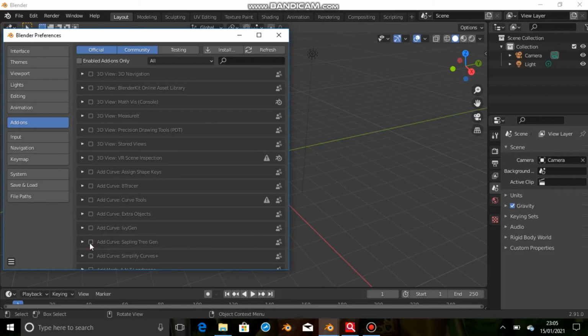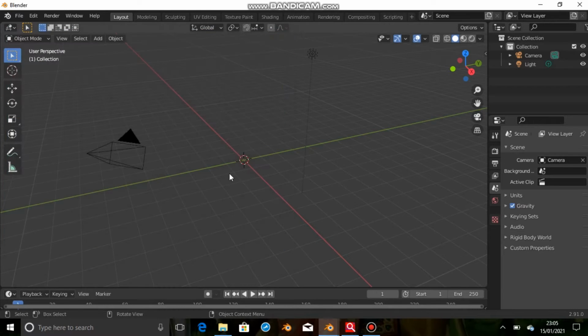So here if I disable it, it will get disabled. If I enable it, it will get enabled. And yeah, right now it is activated. So just close down the box, and right now start with the things.